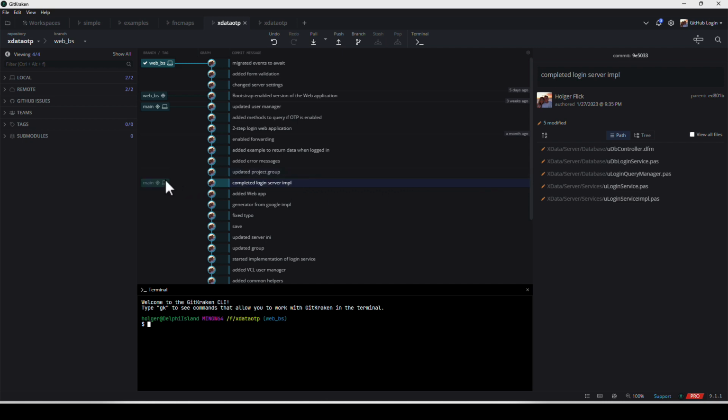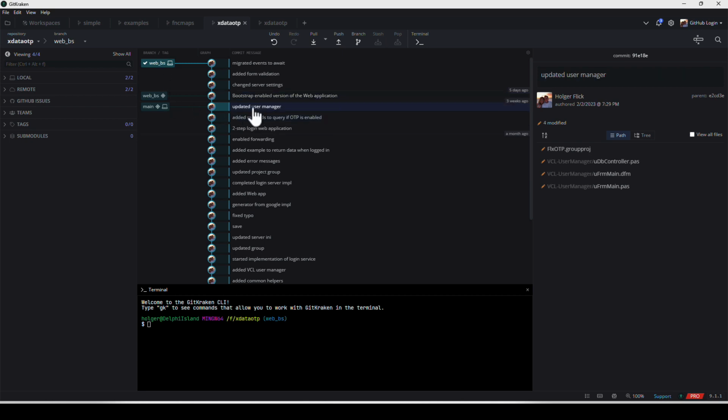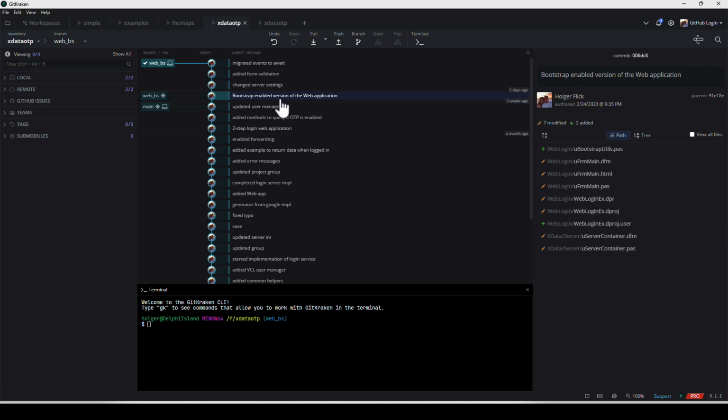Another thing you see in this pretty simple example is that I have the main branch right here, but there's now something different, which is called web_bs. It's not the word that you think it is, it stands for Bootstrap, because here I decided when I was done with my project, hey, let's merge and do the user interface using Bootstrap. So I did a Bootstrap enabled version of the web application.